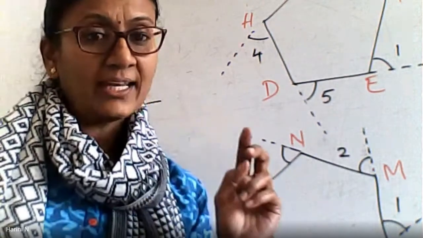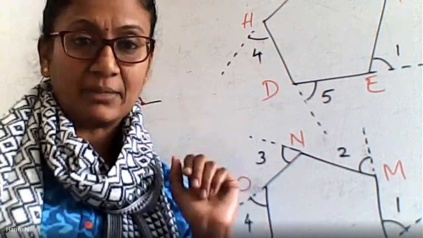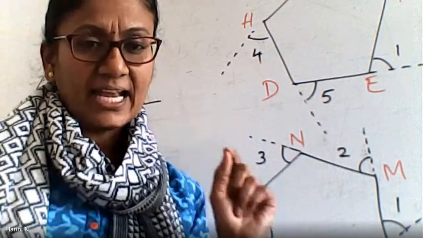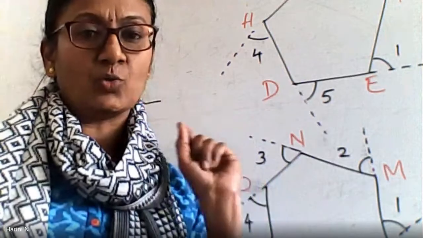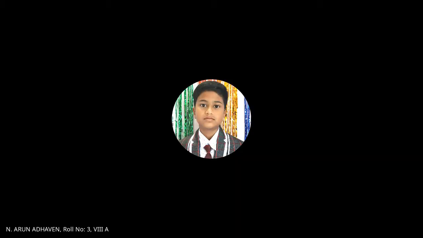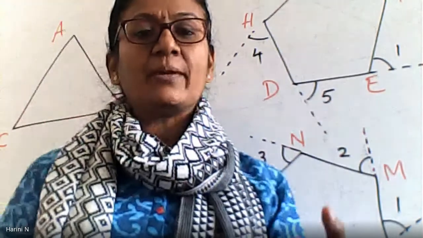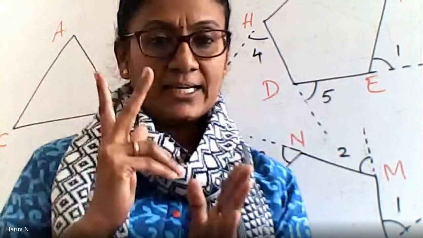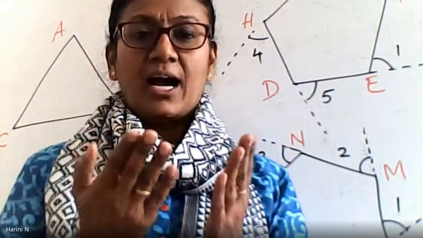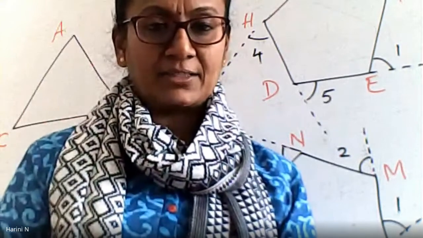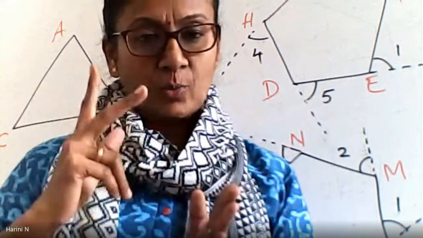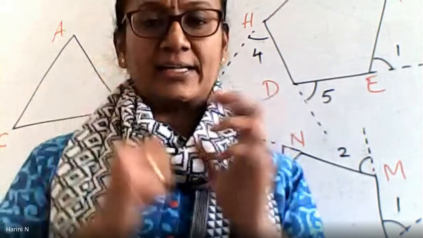So if you want 2 angle caps of the same shape, what should you do? Just think and tell me. Exactly the same measurement I want in 2 angle caps. Ma'am, when we keep the same color paper behind, keep it as 2 and cut it, they will be same. Yes, that means you have to make 1 fold. Before you cut the angle cap, fold the sheet in which you make the angle cap into 2. So once you cut, you will get 2 angle caps.